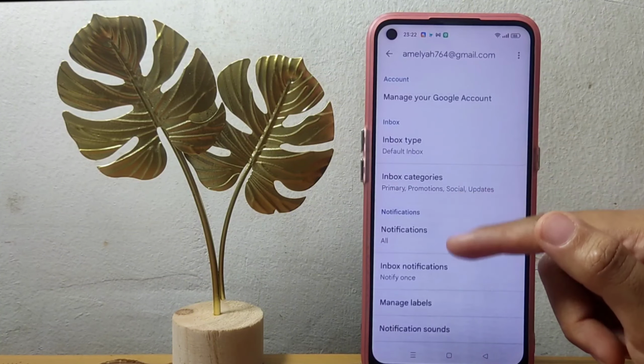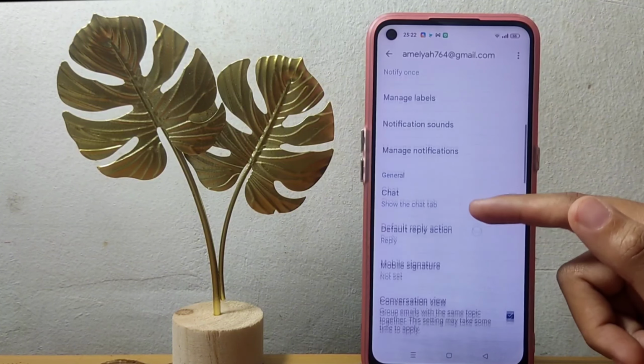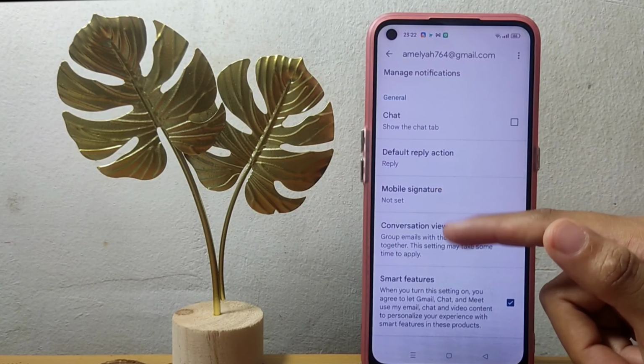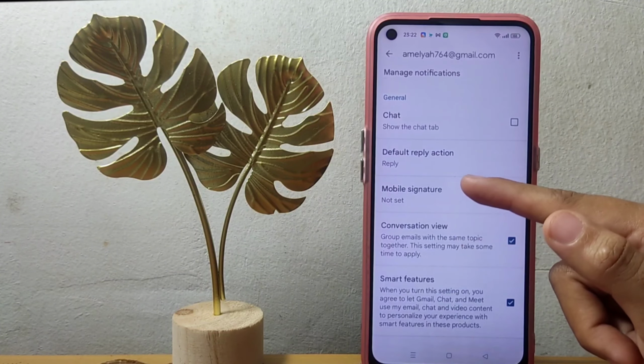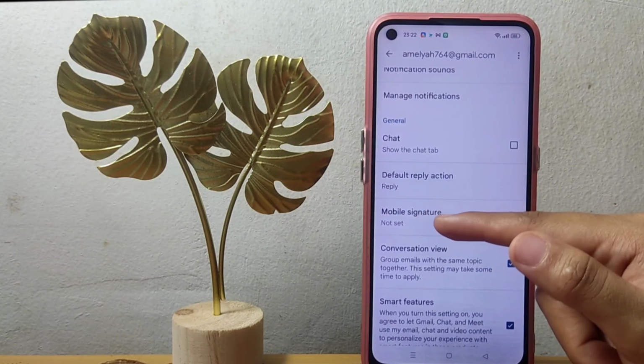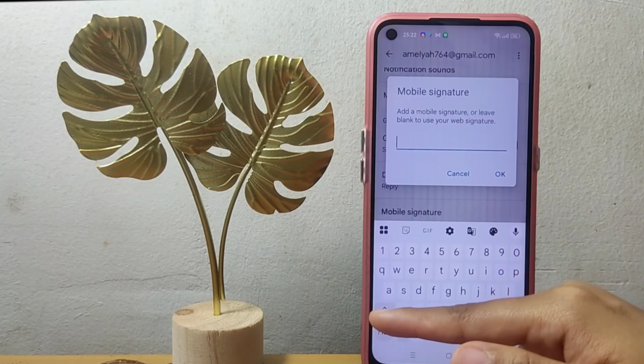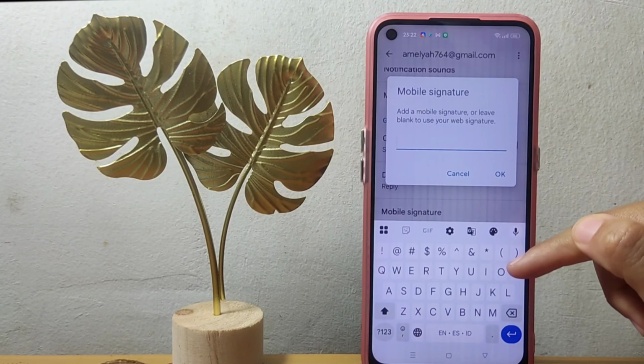I'm going to use this third option, which is my third account. And after, scroll down again until we find the option which is mobile signature. If you want to add your signature, just go ahead. And as you can see, it's not set yet for my signature on my Gmail account. So here I'm going to add